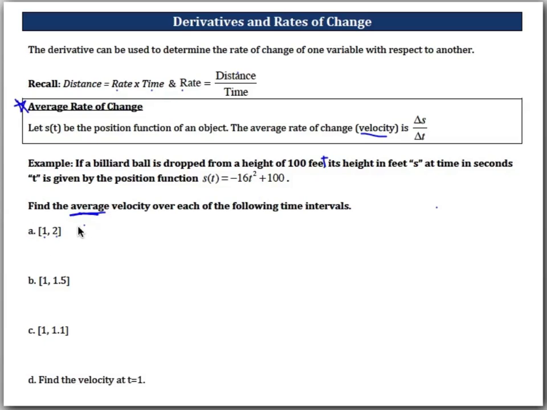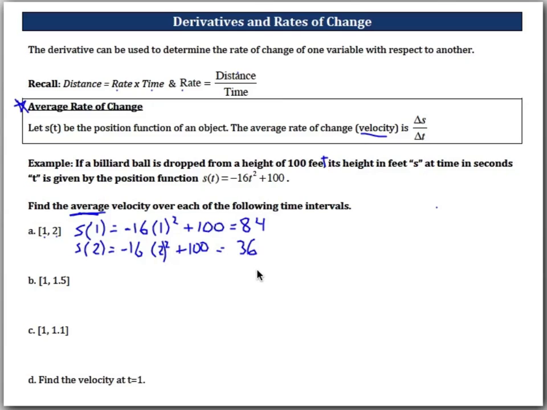So what we have to do here is find the position at time equals 1 and the position at time equals 2. So we're just going to plug 1 into our function for position. So we have negative 16 times 1 squared plus 100. And this equals 84. And then we have negative 16 times 2 squared plus 100. And this equals